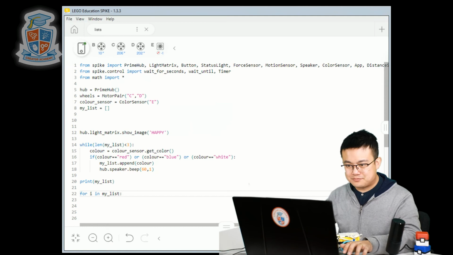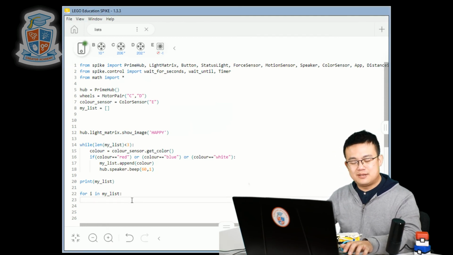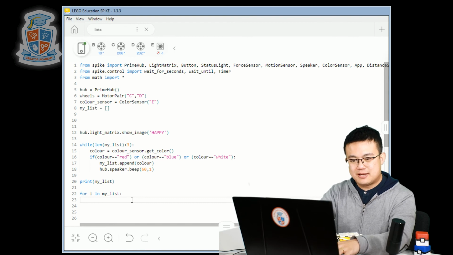Okay, so you don't have to define the length of the list. You just have to give it the list, and then the for loop will automatically loop through each item in the list. And the variable that we set as I, that will be equal to the item that is returned through that list. Okay, so let's have a look at that. For I in my list, then what we're going to do is we go